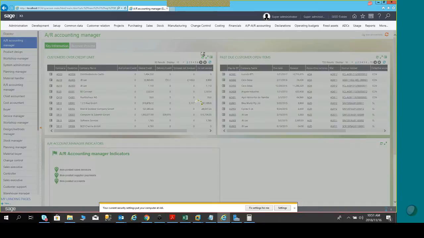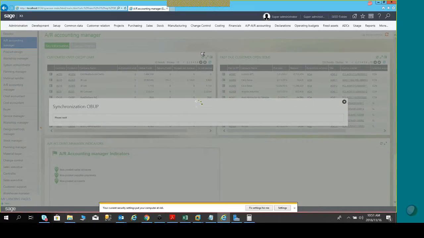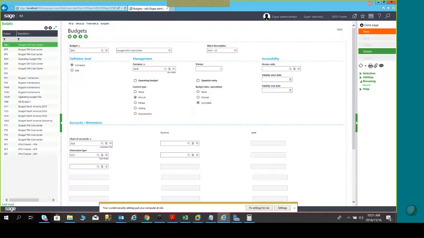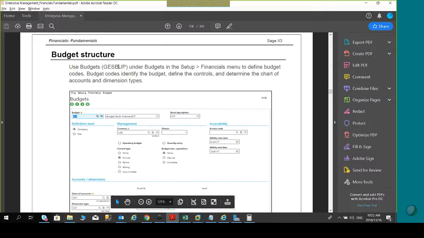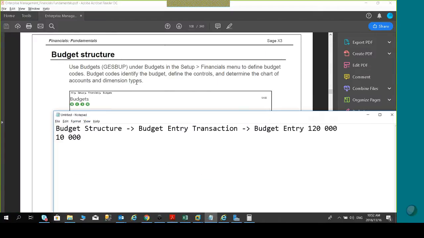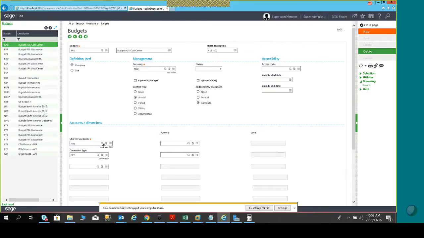I think this is the budget structure. I'm pretty sure it is. You know, they're not consistent with their names for some reason. Yeah, I was actually right. And you see what they said here. They said this is a budget structure, but you know, they name it differently. But anyway,